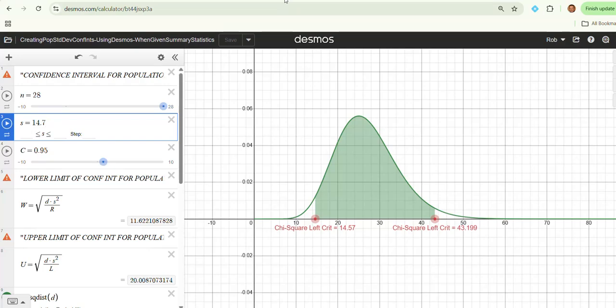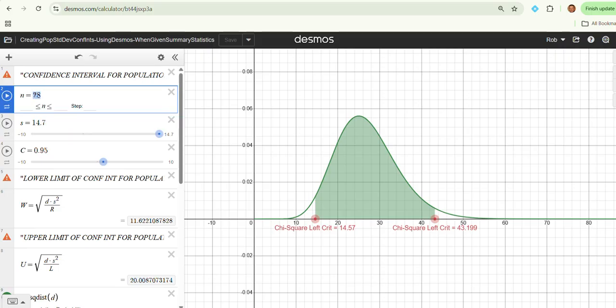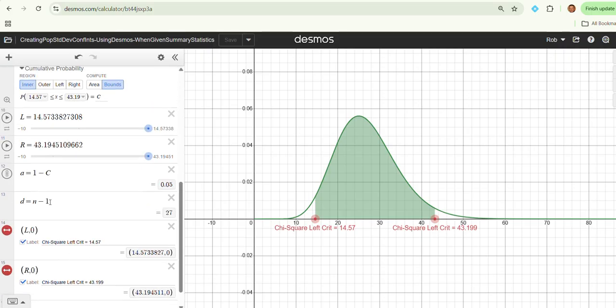This is going to show you how to use Desmos to create a confidence interval for population standard deviation. The only problem is I had to write basically this app, because it's not something that's got a preset tool already designed in Desmos. So you have to put in the size of the sample, and later on down here it finds the degrees